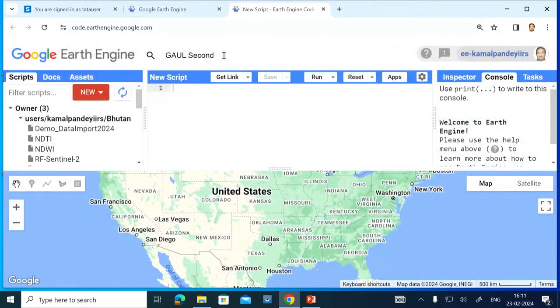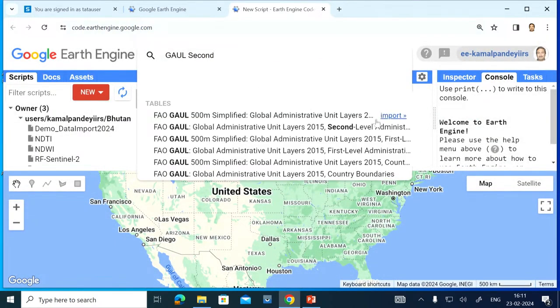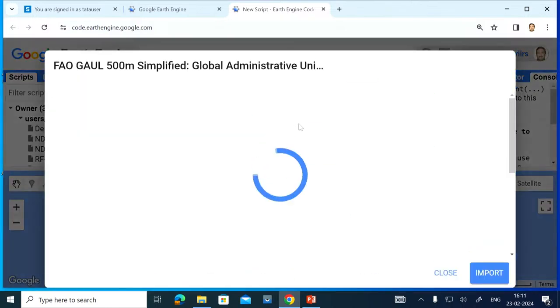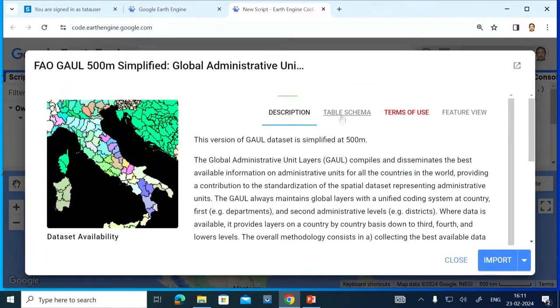So I will again go to the second level unit layer. This is the first level, so let me move it further so that it is visible to me. This one is 500 meter. Let us check this one also. It is actually not properly visible.